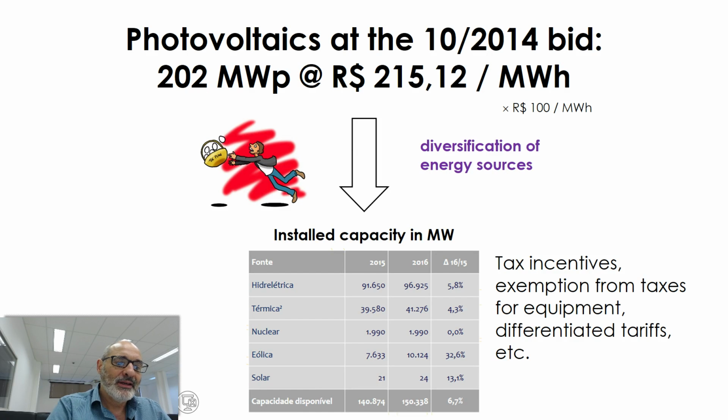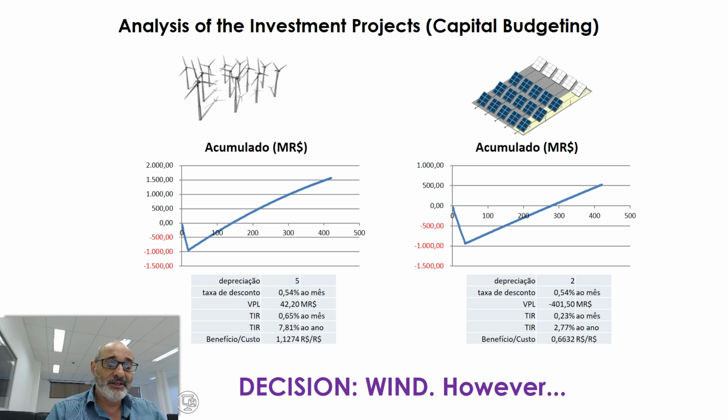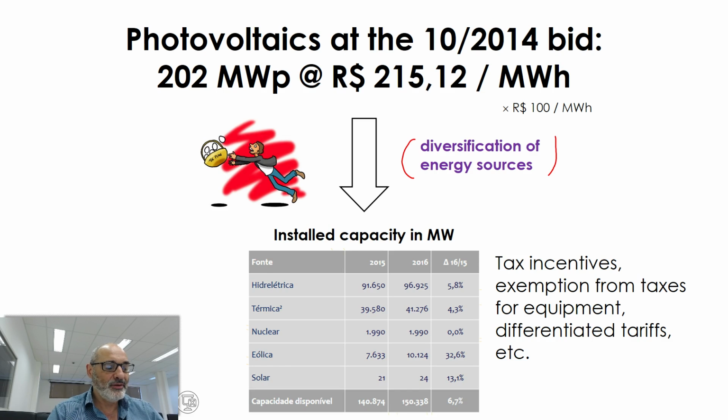Okay, the idea, for instance, is that if you are government, as federal government, for instance, and if you leave these numbers in the market, every investor will decide for a wind farm. And after a certain period of time, you will have 100% of all these renewables invested in wind farms. So this is a fragile system because it's not diversified. So if you're government, you would like to diversify your energy sources, so you can create incentives in order to